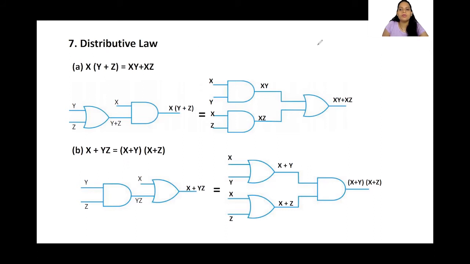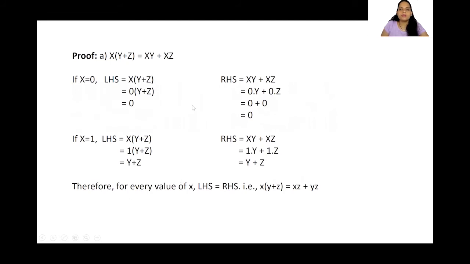Now let's go ahead and prove this distributive law. So the very first one is this one. Let's take x value as 0 and let's take the left hand side. So what is it saying? It is saying x into (y plus z). Let me substitute the value of 0. So I'm writing 0 into (y plus z). Now we know the properties of AND operator, that is whenever I do AND operation with 0, I will always get 0. Okay, that is what is happening. Like if I'm taking this as an entire value, suppose if this is y, then what should I get? I should get 0 as the output, right?